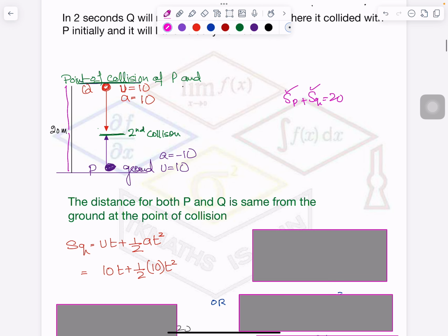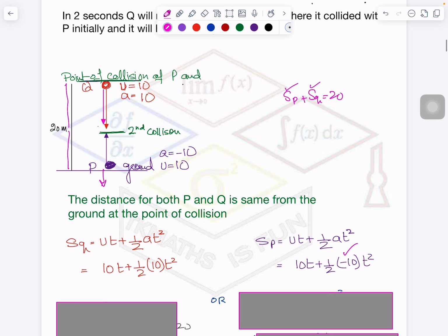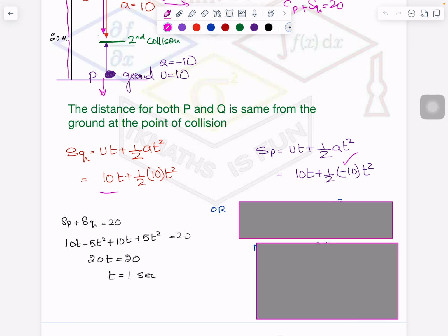So now SQ is UT plus, now with respect to Q, because acceleration is downward, the object is also coming downward, so I'm taking both positive. And for P, it is going up, but at this point acceleration is acting down, so I've taken minus here. Correct? And by the way, I will also show you if I take both things negative for Q, so that there is no confusion left in your mind. So now, when I did SP plus SQ, I have added this and this. I got T as 1 second. It means after 1 second, there will be a collision. Again, the second collision.